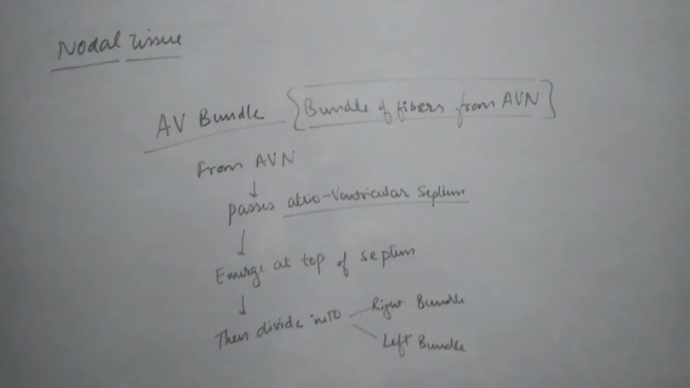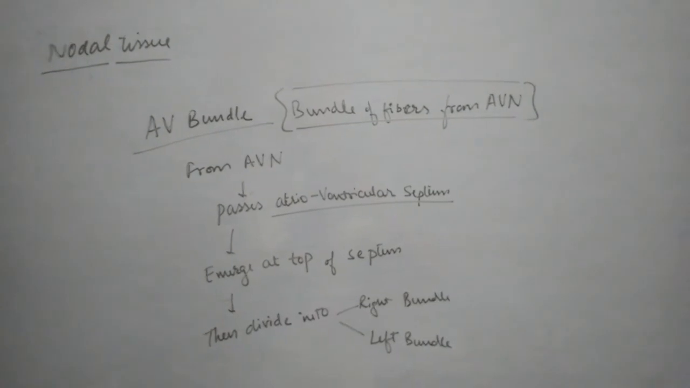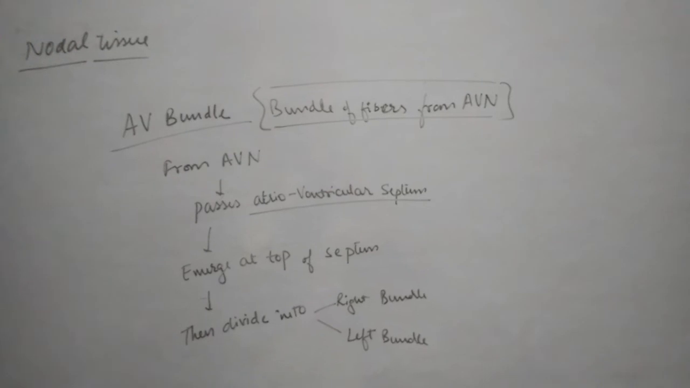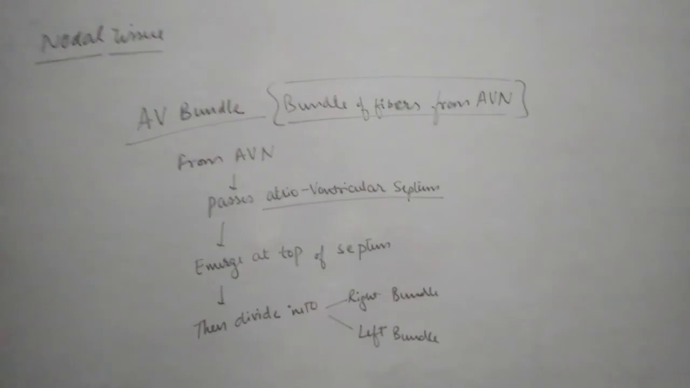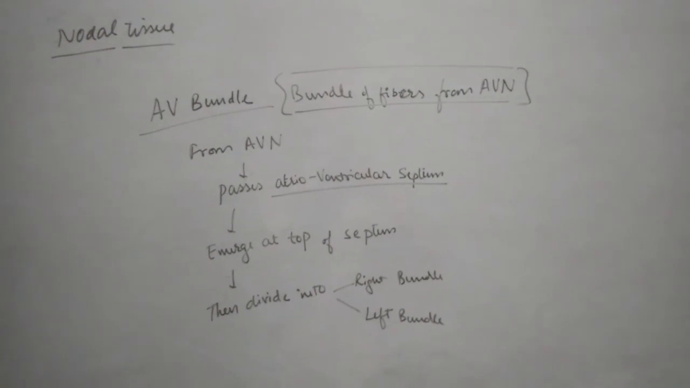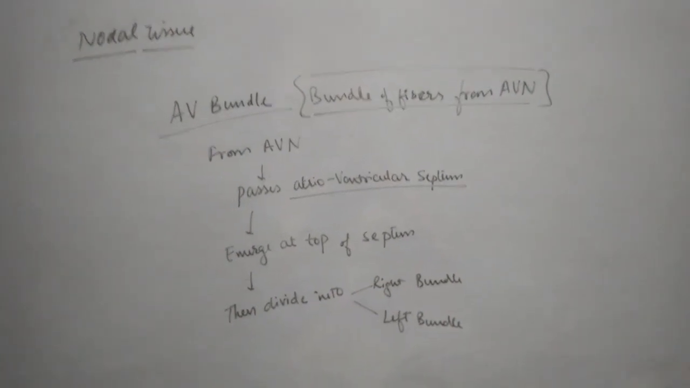Now we are talking about the AV bundle, that is the bundle of fibers from the atrioventricular node. Now, how they emerge and how they cover the entire